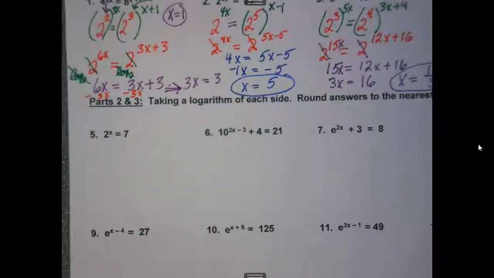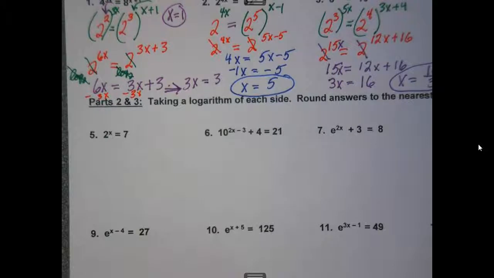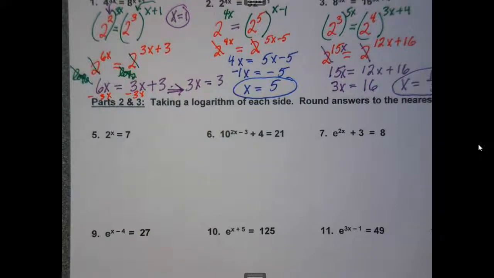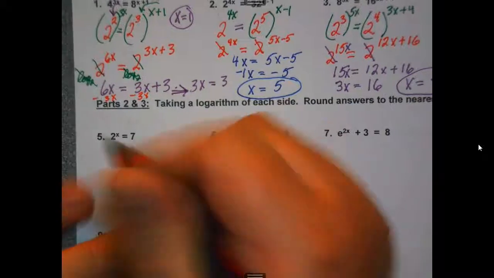How do I do this one? What's going to be my base? So how many times am I going to multiply 2 to get 7? Yeah, we have a problem, don't we? Use log 10. Okay, let's use common log. All right. Very good. I'm going to use common log